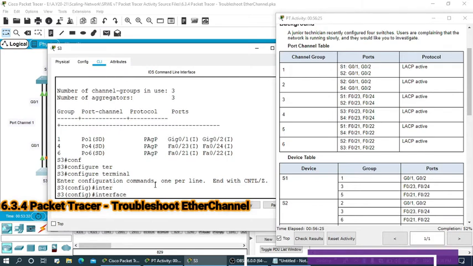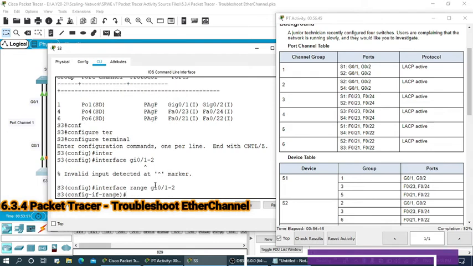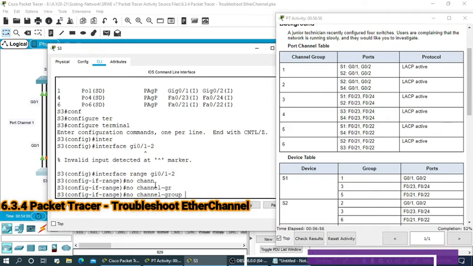Interface range gigabit 0/1 to 2. Then no channel group, so we need to delete this channel group.